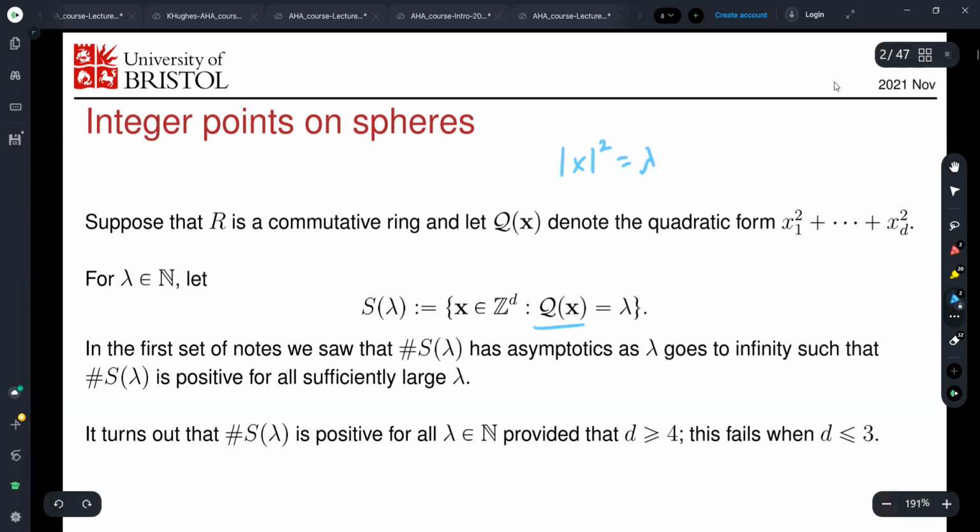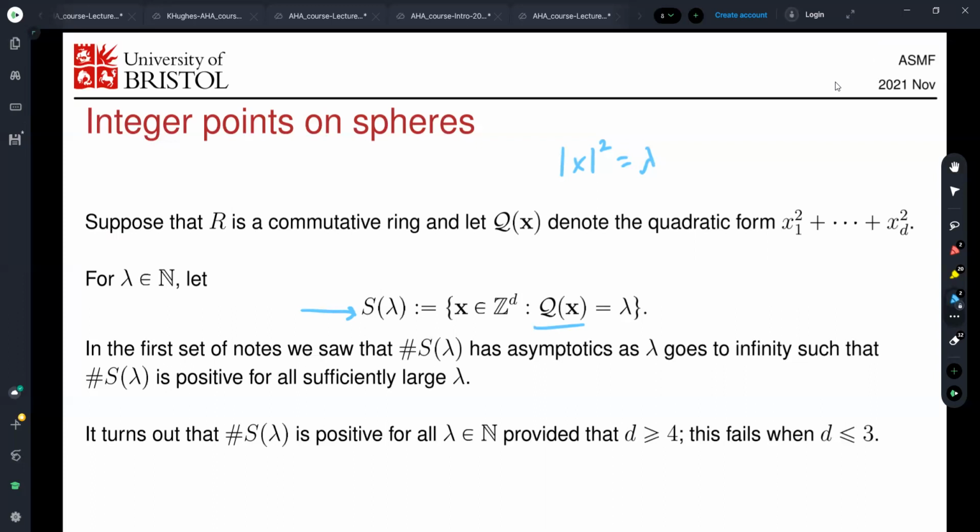And so the sphere of radius square root lambda, centered at the origin, has integer points on it for a certain lambda. I'm going to call the set of integer points S of lambda. Implicitly, in the notation for S, I should make the dimension explicit, but I leave it out. We'll fix the dimension and always work with dimension at least 5,